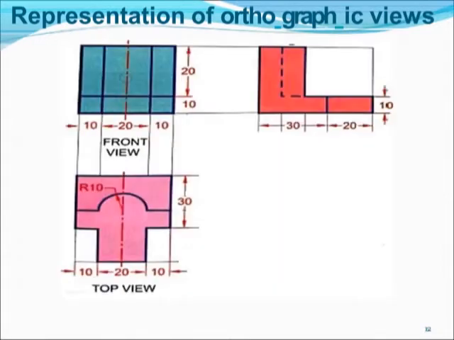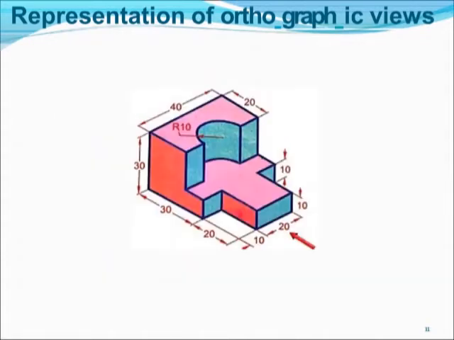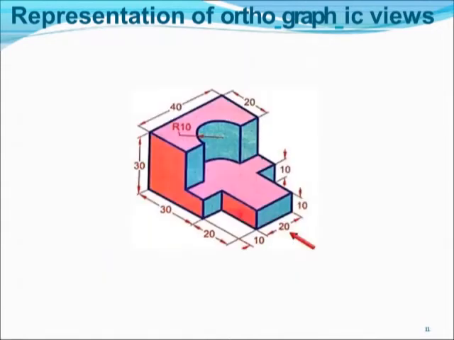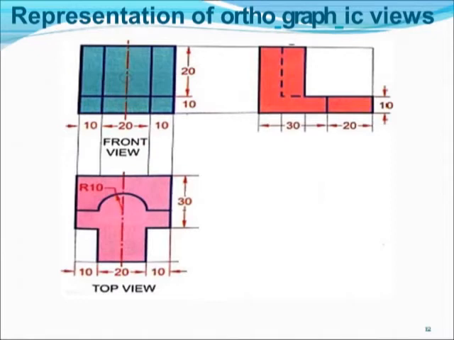So this is the front view for the object, and for the side view, since we can see only the left side view, I will be drawing the corresponding view here. Only the orange color is visible, so I will draw the corresponding portions that I can see in this component, which is nothing but the orange color. So it is given in orange color. And the third, the top view, is indicated by the pink color, and see to it very carefully, the pink color is represented here.